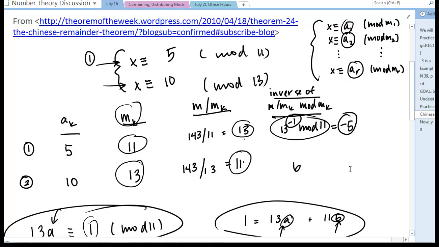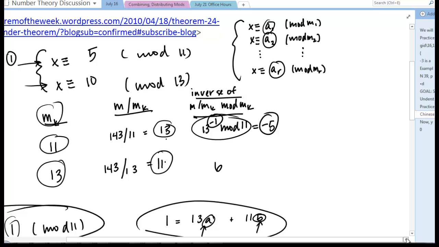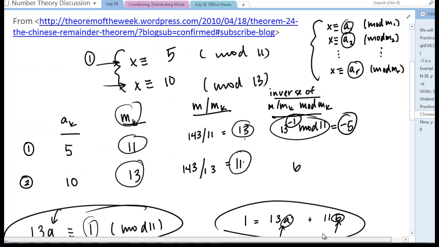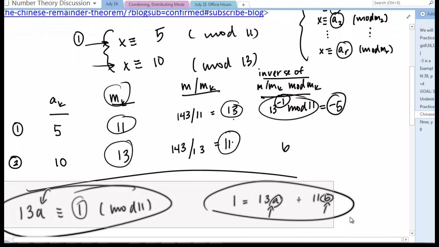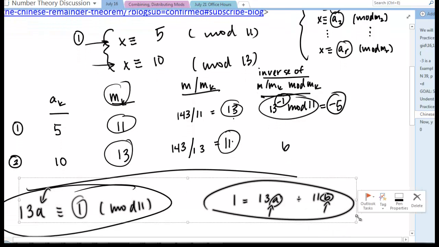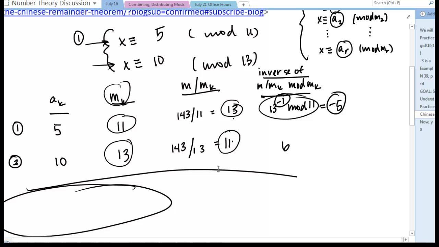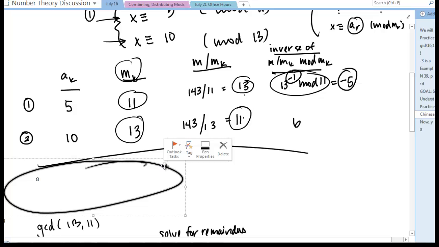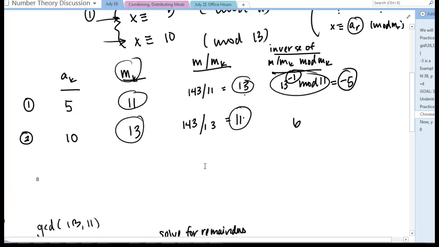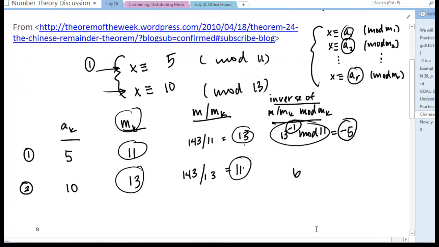All right, now we're going to combine our information, okay? So now we've done all the hard calculations, and all that's left is multiplication and addition, and then reducing mod 143, okay? So let me just get rid of some of this mess here. All right, so we're going to take the product,